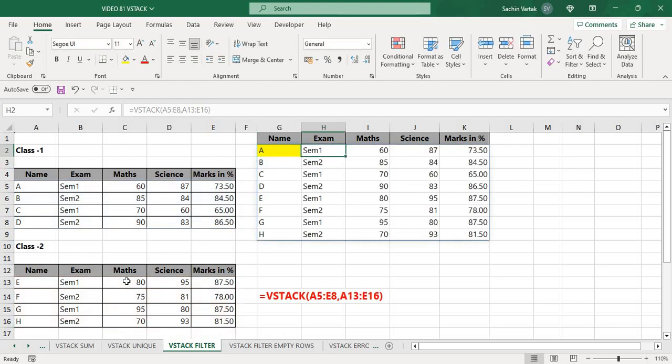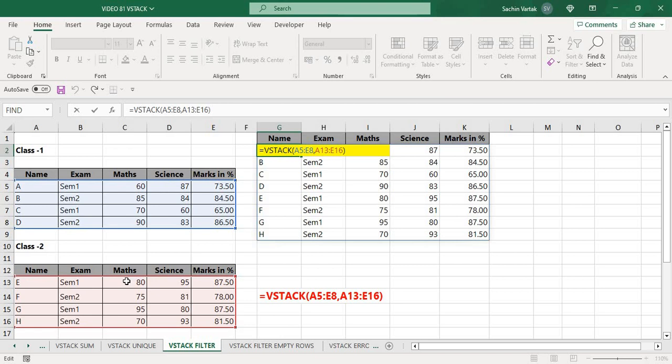And now because we want only Sam One, I am going to integrate this Vstack with filter. So equal to filter, tab, filter asks for array, which is given by Vstack. It has combined both these arrays. I will come to the end of this function, and again because we want only scores of Sam One, I am again